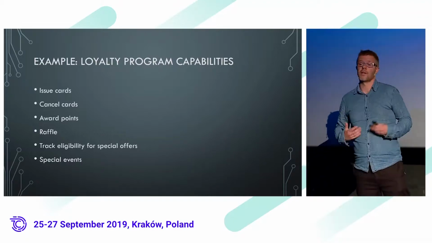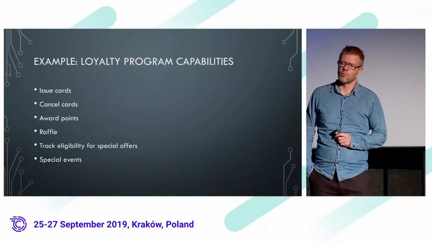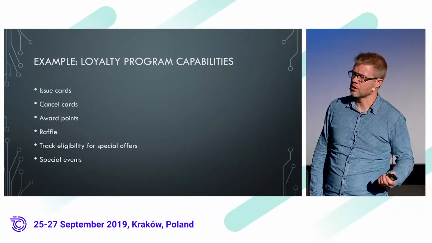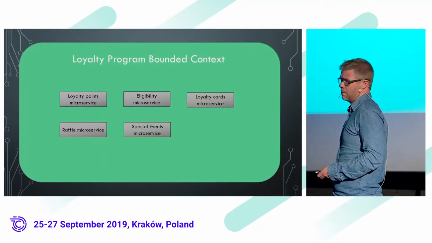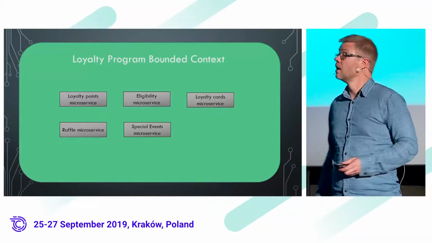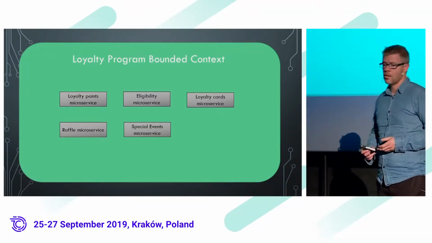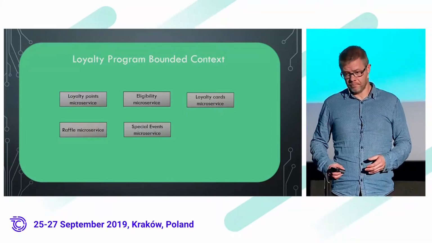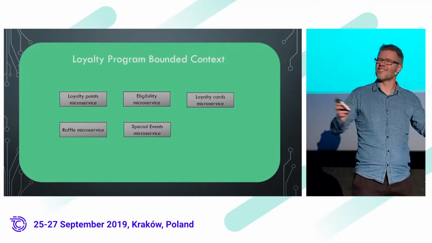So we're beginning to see that maybe what I had on the previous slide, which was that the loyalty program was a microservice, maybe that's not entirely true. Maybe the loyalty program is a bounded context, and maybe we have some capabilities within that one. So probably a better approximation of where we want to end up is something like this, where now it's a loyalty program bounded context, and within that there are several microservices. So each of the gray boxes is a microservice now, and there's a microservice for tracking the loyalty points, a microservice for keeping track of who's eligible for these special offers. And that's not really the same thing.